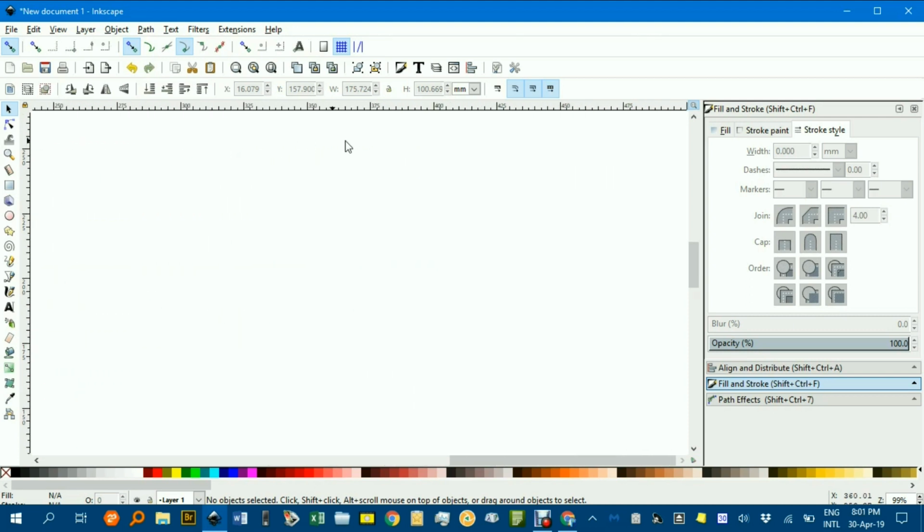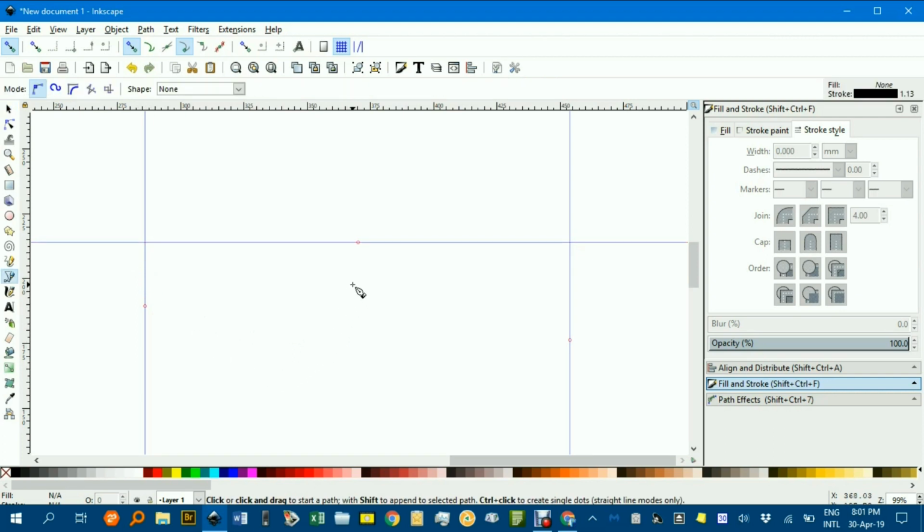Let's draw a guideline, drag one down. That can be our eye level, a horizontal one, and another horizontal one for the 2 points of perspective, the vanishing points. B for Bezier pen tool, and let's click